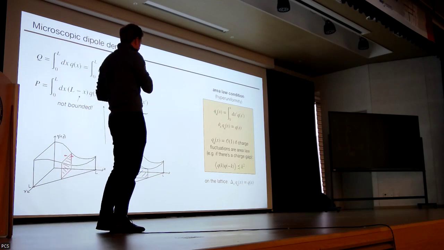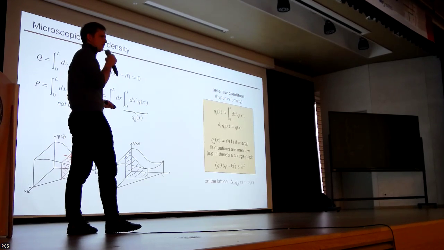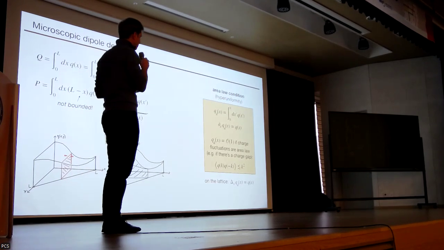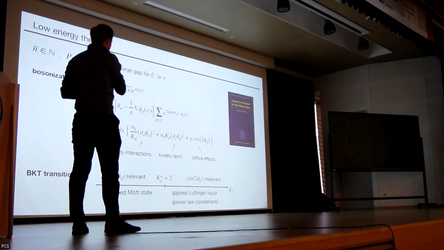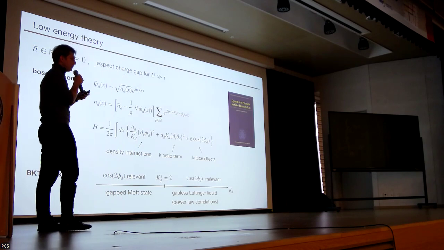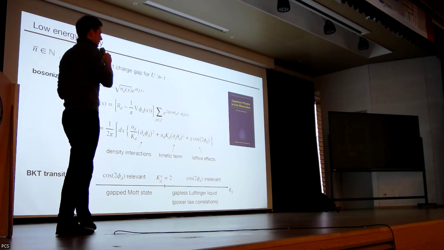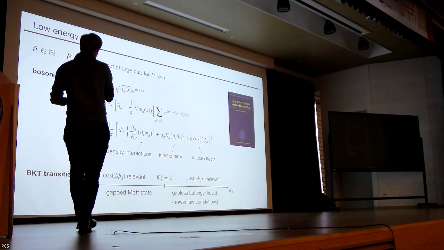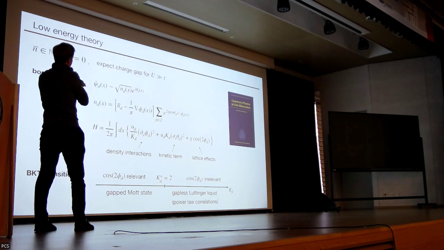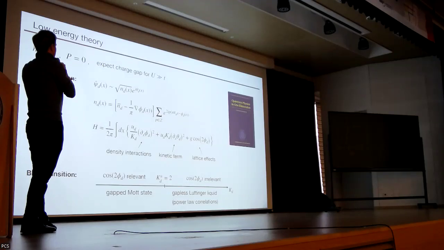So here, we have identified a condition for when we can have this bounded local dipole density. And we generally expect this to be the case when this contact interaction between charges is very large, such that charge will be gapped out and charge fluctuations will be small. And so in this scenario, we are very confident that we will have this charge gap,